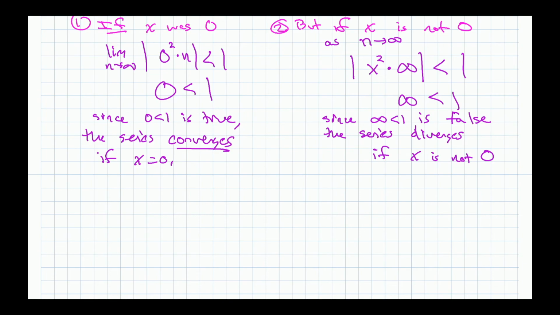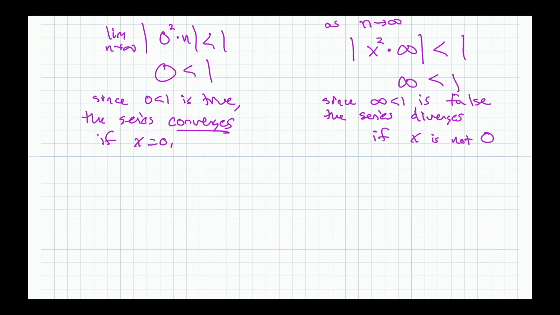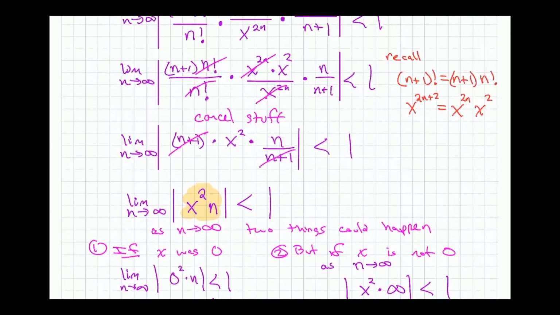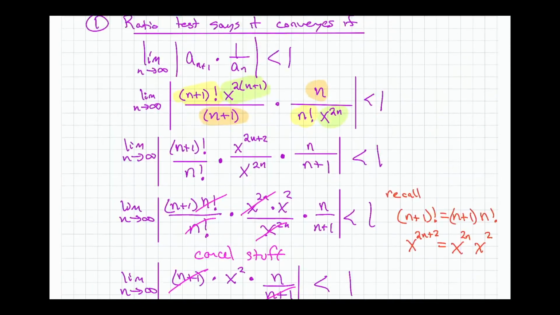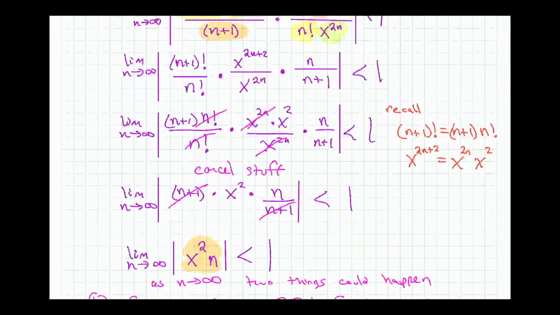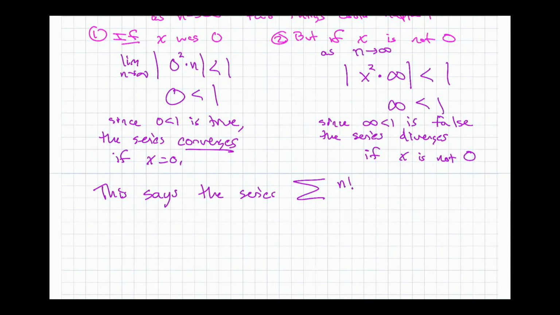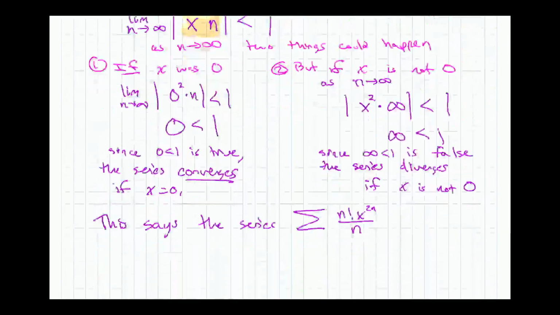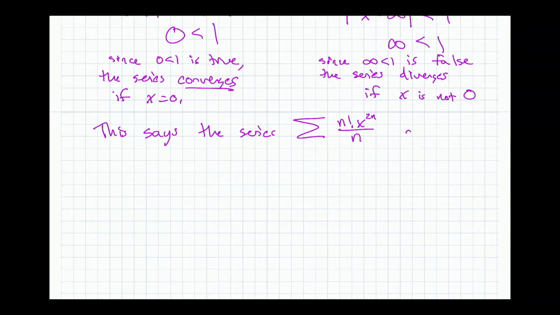Now, there's no interval. We didn't get an interval, did we? So you need to understand this result and what it's telling you. The result is this. Together, this says the series, what is it? n factorial x to the 2n over n? Is that right? Yeah, that's right. So this says that the series converges